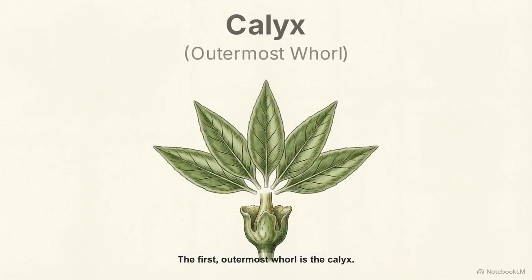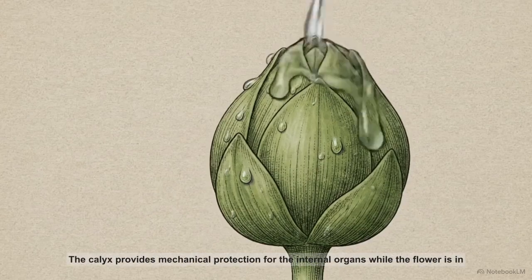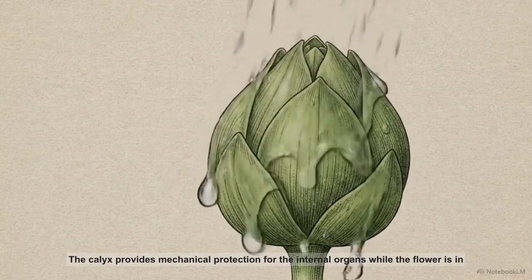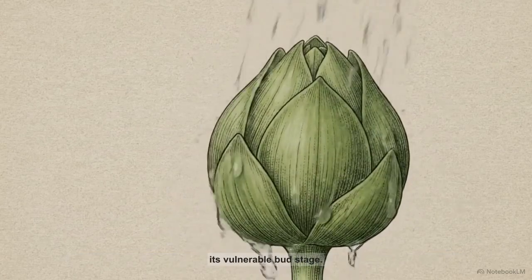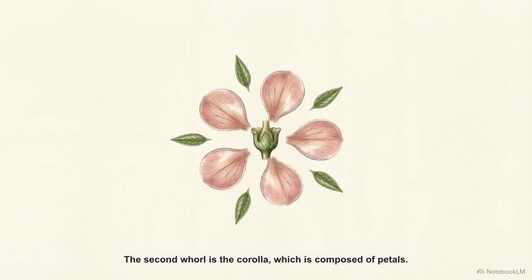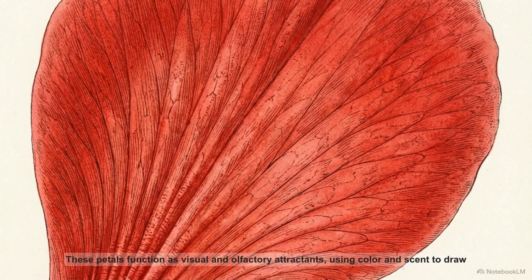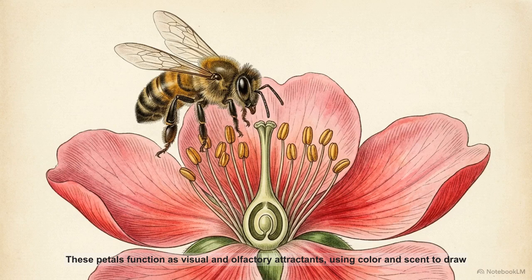The first, outermost whorl is the calyx. It is composed of individual green units called sepals. The calyx provides mechanical protection for the internal organs while the flower is in its vulnerable bud stage. The second whorl is the corolla, which is composed of petals. These petals function as visual and olfactory attractants, using color and scent to draw in biotic vectors like insects and